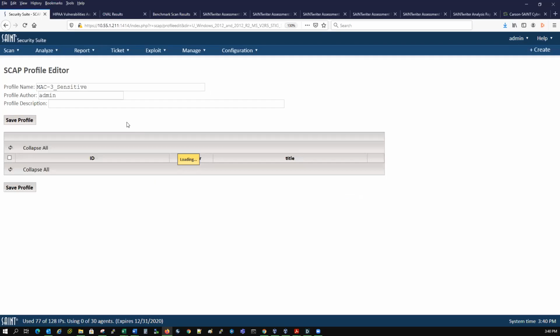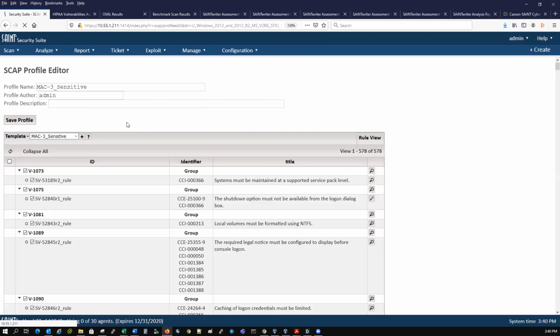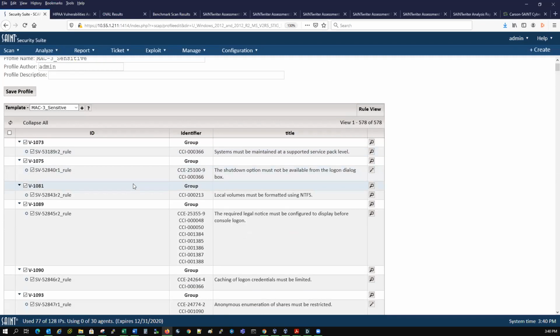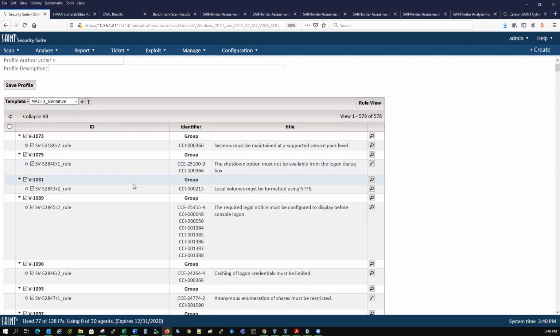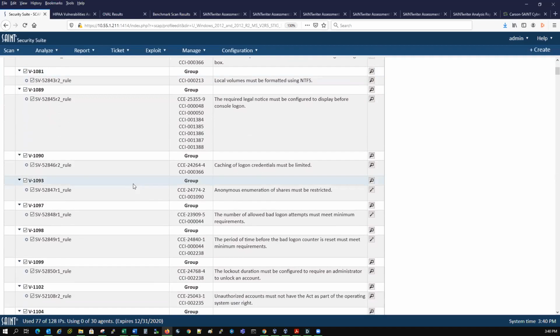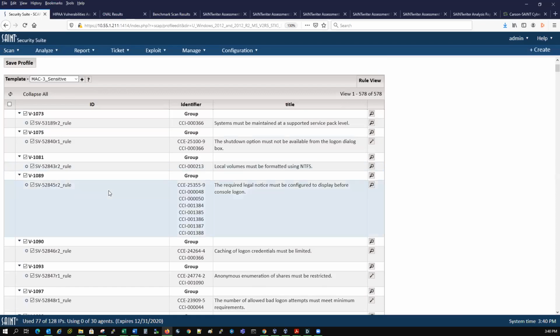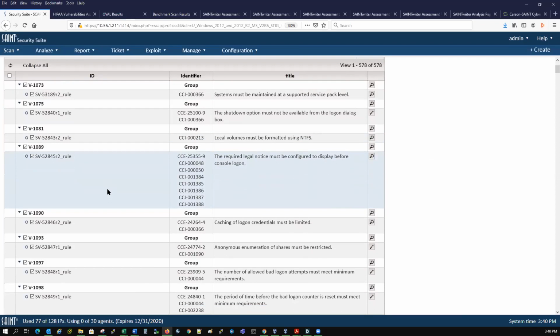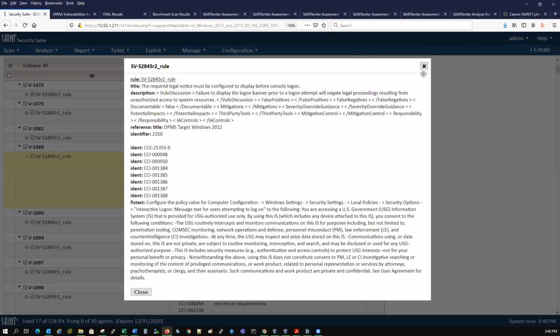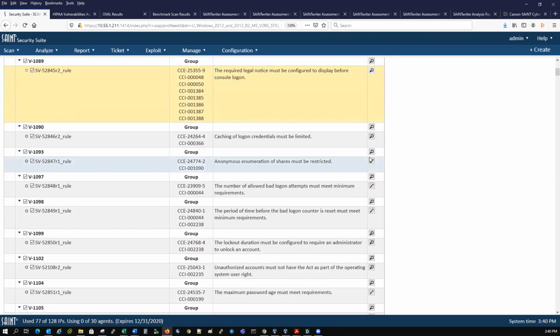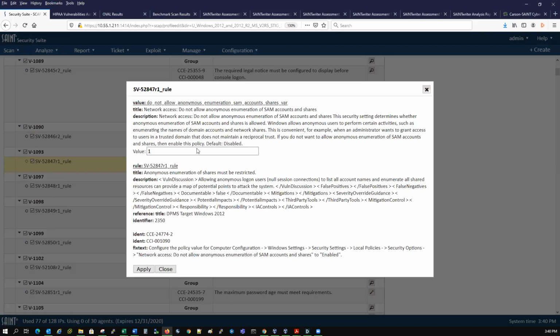So if you find there's a platform that you need to support and we don't have one already available in the platform, providing it's in the OVAL or XCCDF format that we can digest, then yes, you can import that in. Another way to do it, as Dave's showing here, is the policy editor. When you look at these benchmarks through the policy editor, some of these are basically set and are not editable, but you'll look at these